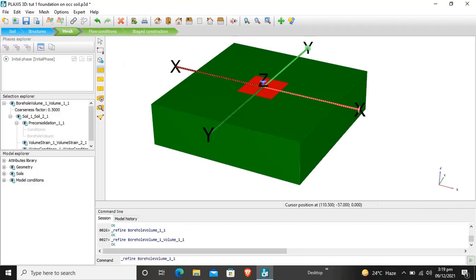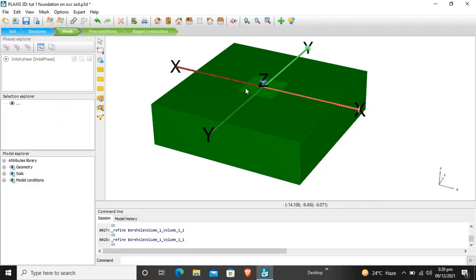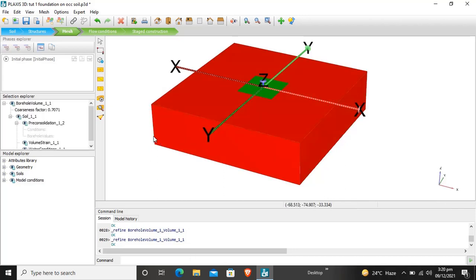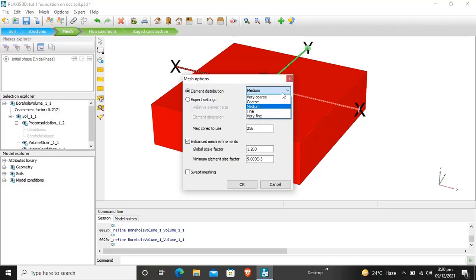Okay, we'll select this. So now we will click on generate mesh.